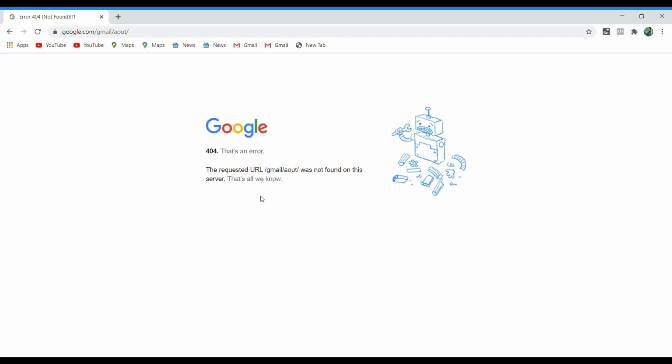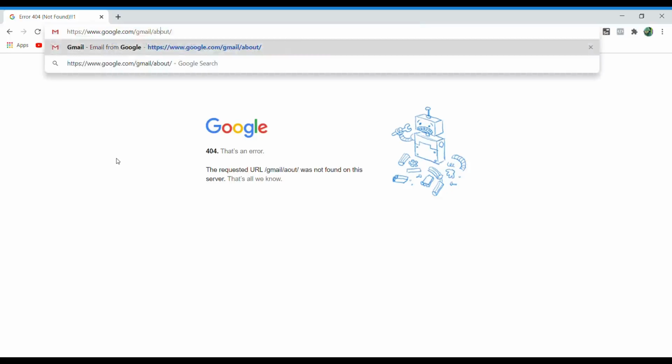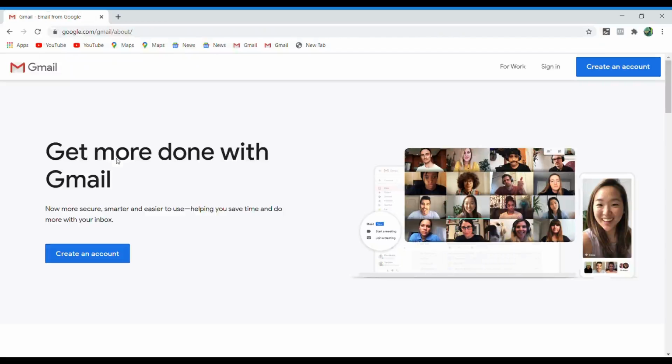Now, let's get into the tips and tricks. So, what are these errors? Errors from the range 400 to 499 are known as client-side errors. That is, these errors are caused by us. So, the first thing we have to do is refresh. If there is no reaction, check the URL. In this example, I have left out the B in the about. Look, simple, right? If you can't find any error in the URL, there are only three things we can do.